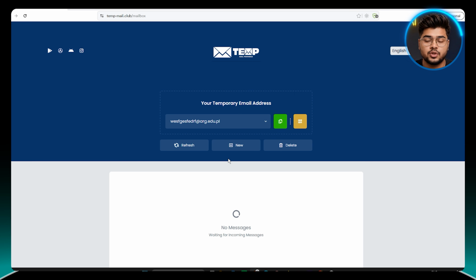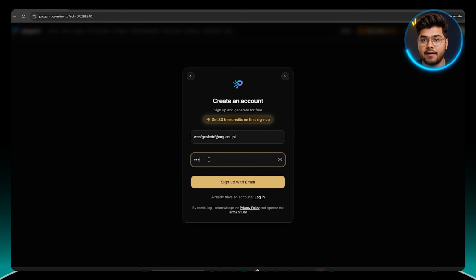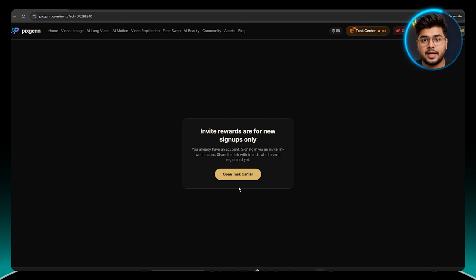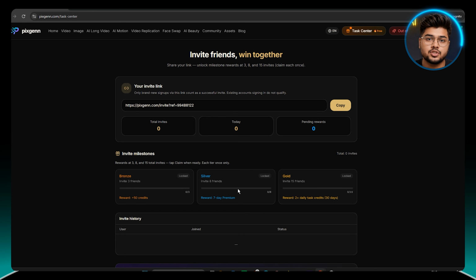Go straight back over to your incognito window and paste that copied email address directly into the sign-up box. Type in a secure, random password and confidently hit the Sign Up with Email button. Another subscription pop-up will appear, so simply hit No Thanks and click the Open Task Center button. Boom! You have just successfully